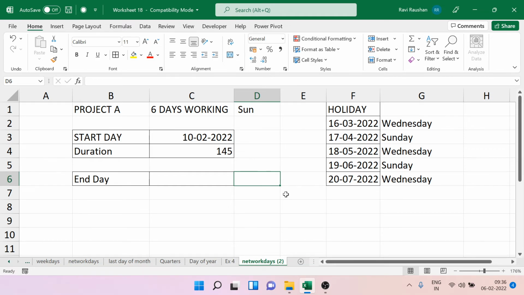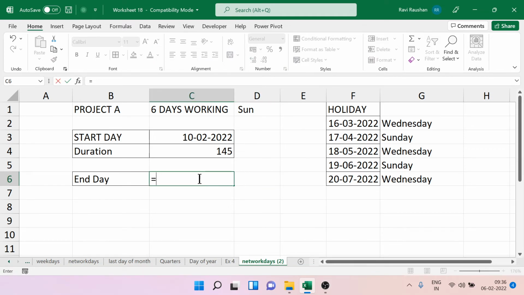So as an alternative to the NETWORKDAYS function, we have another function we call the WORKDAY function. Right. Now WORKDAY function, you click on the start day. Then it is automatically asking for days. That means how many days you need. 145, I need this many days and I'm considering the holidays. So again it is giving me